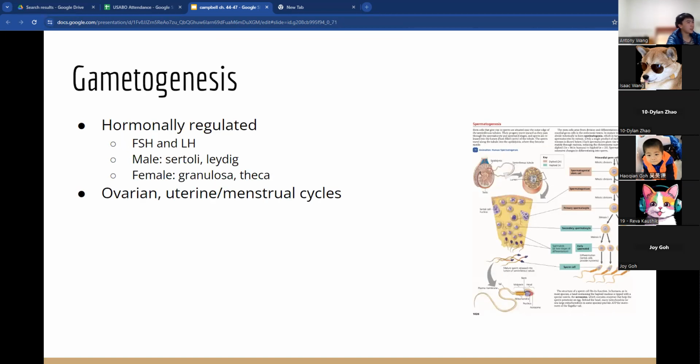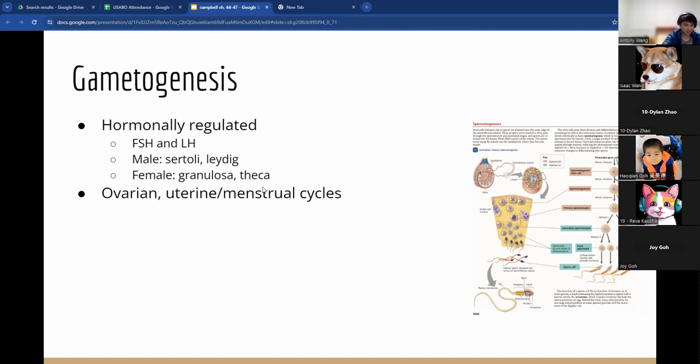Gametogenesis. Let's talk about this for a bit. It's hormonally regulated. The anterior pituitary secretes follicle stimulating hormone and luteinizing hormone. We talked about Sertoli and Leydig cells. Sertoli cells are stimulated by FSH. Leydig cells are stimulated by luteinizing hormone. Sertoli cells care for sperm, and Leydig cells produce sex hormones. In the females, granulosa and theca cells both care for the developing